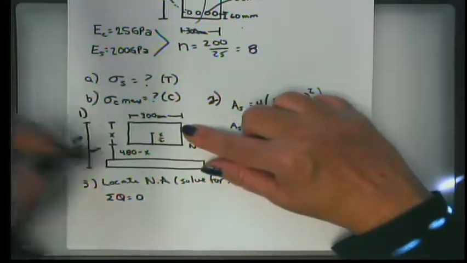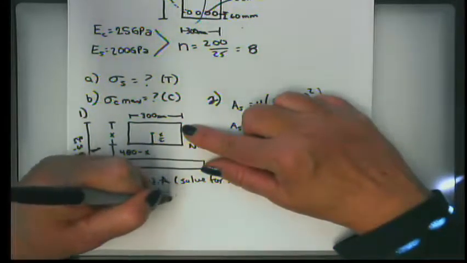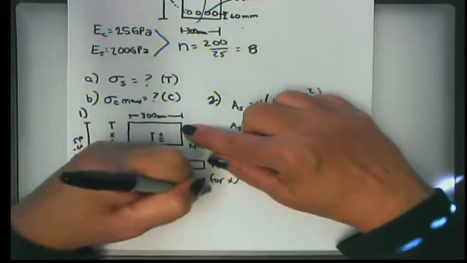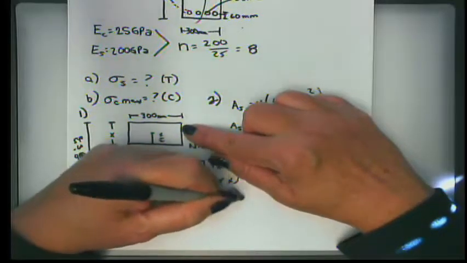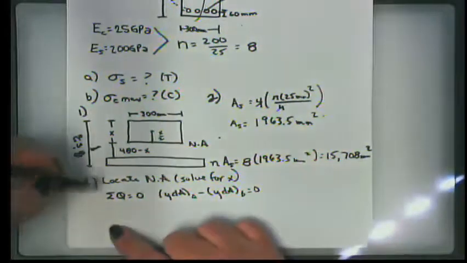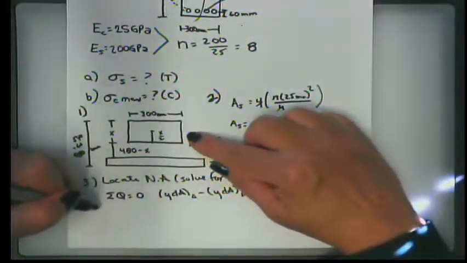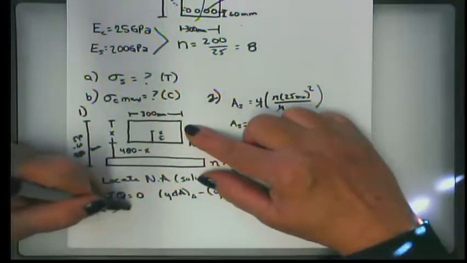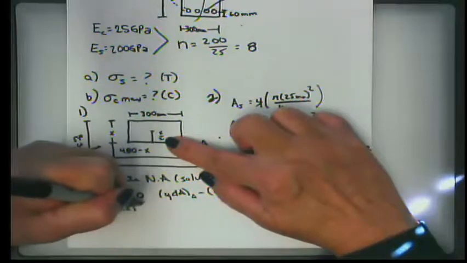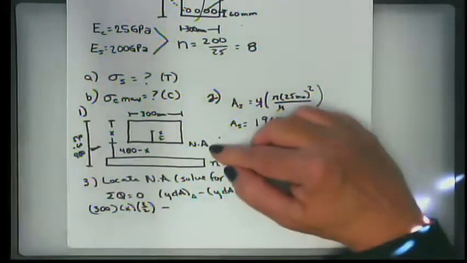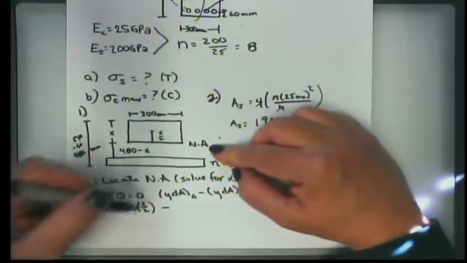So I find my Q, which is YdA above minus YdA below, equals 0. That locates the neutral axis. So above we have the area, which is 300 times x times the distance y, which is x over 2. And then below the neutral axis, we have our